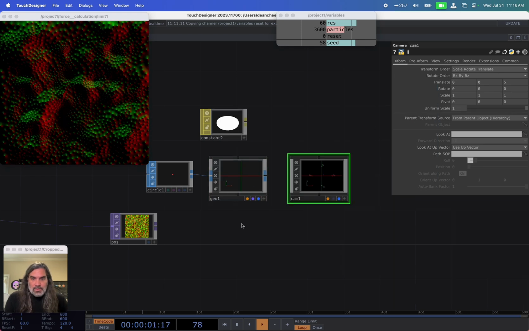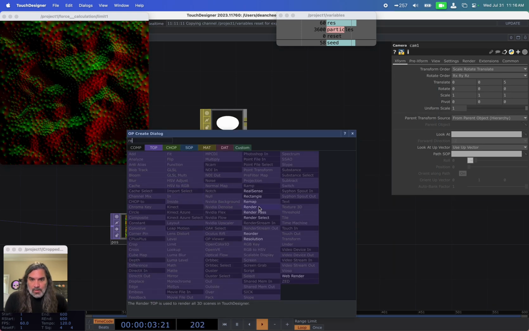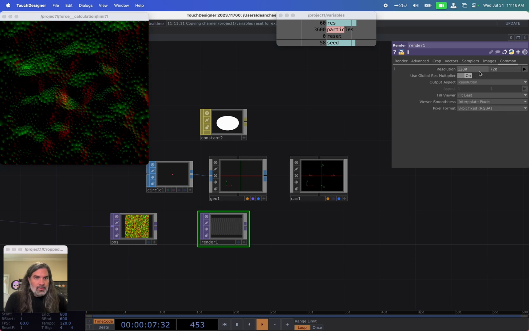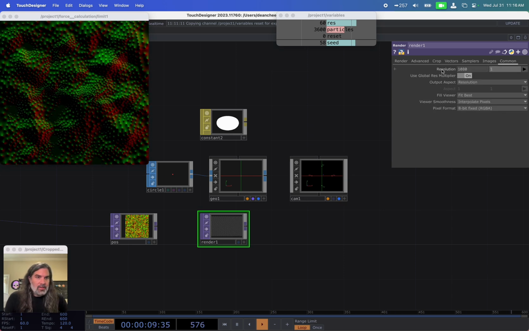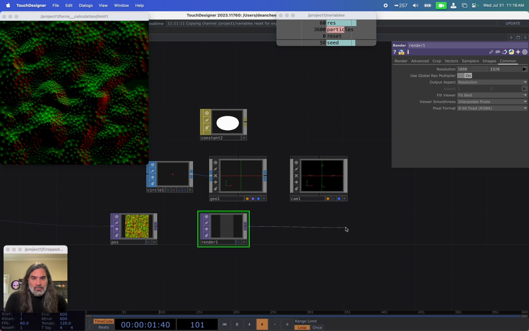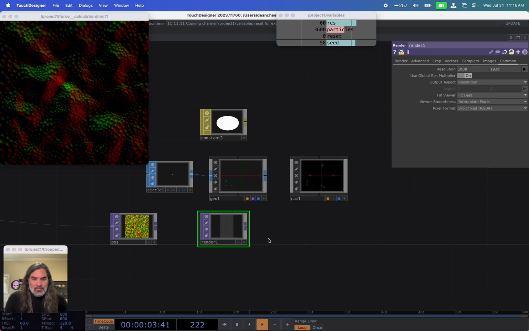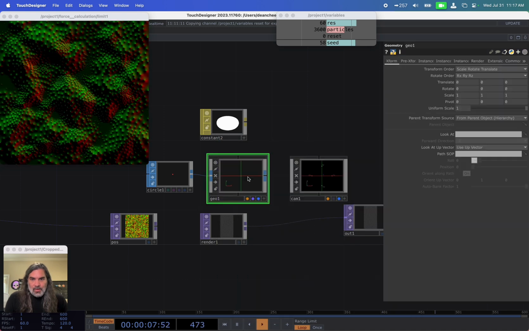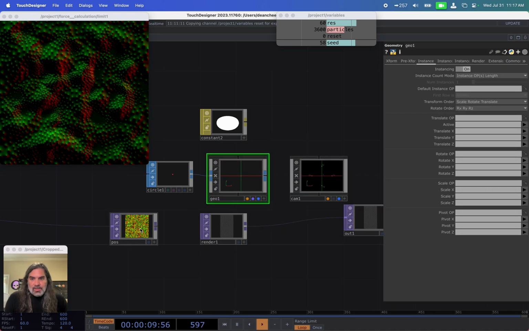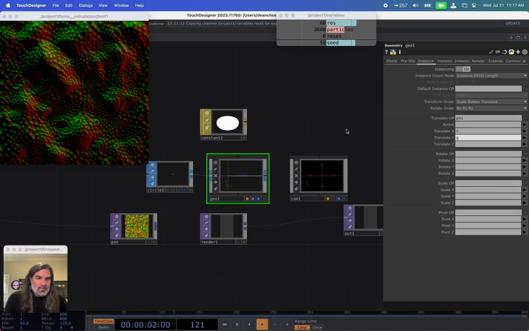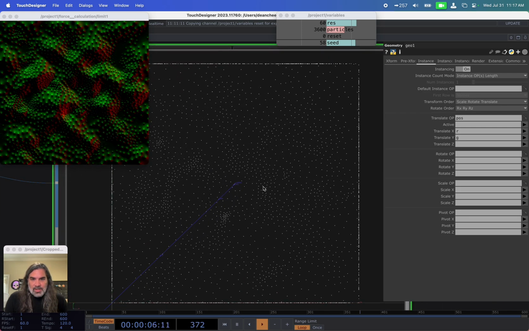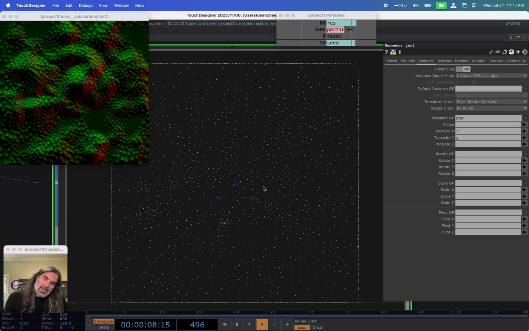So let's see, render. And then this one, I can make this one 1080 by 1920. Have this be my output. And let's make our instancing network. So if I bring in this position, I get all my particles, just my particle information coming across here, right? And this is kind of your type of stippling effect,